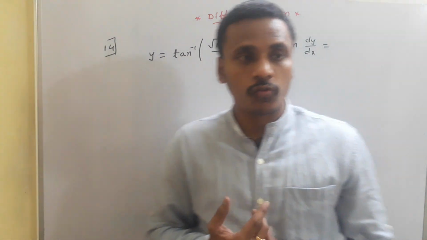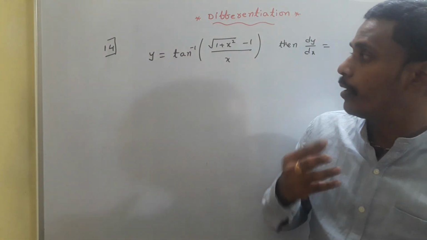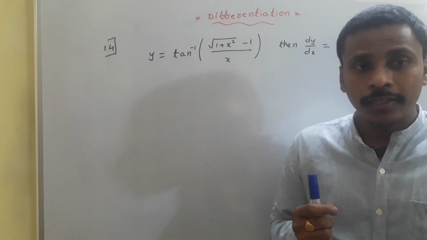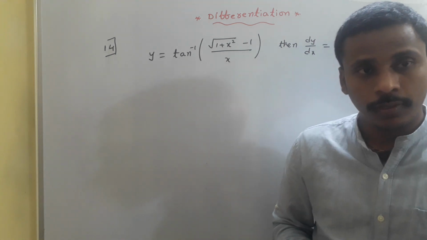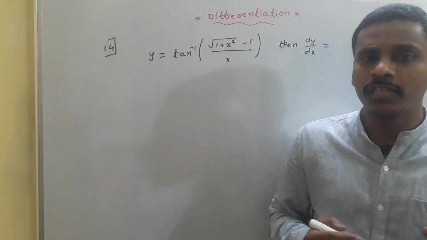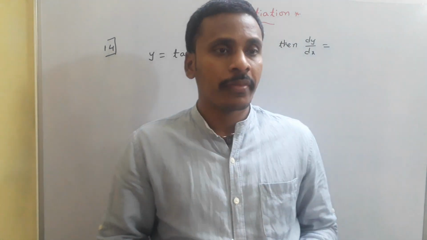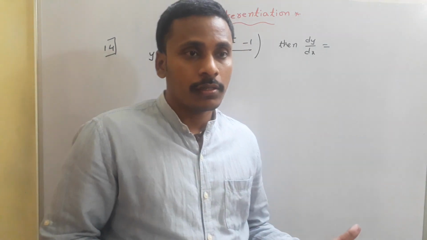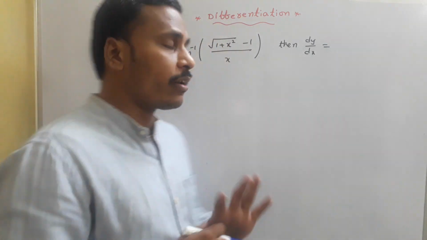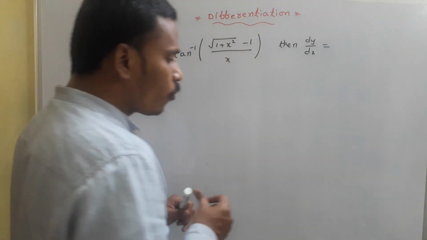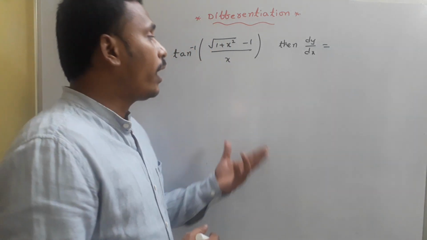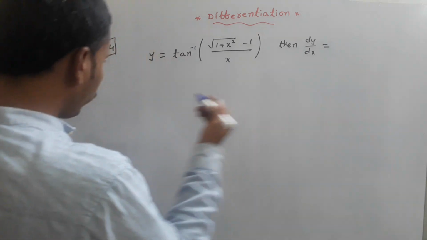Of root 1 plus x square minus 1 by x, we need to find dy by dx. This problem requires a suitable trigonometric substitution. With that suitable substitution, it is easy to solve this problem. Instead of moving with the derivative of tan inverse, you just go with the trigonometric substitution. If you are good at the ideas and formulas of trigonometry, then it is easy for us to select